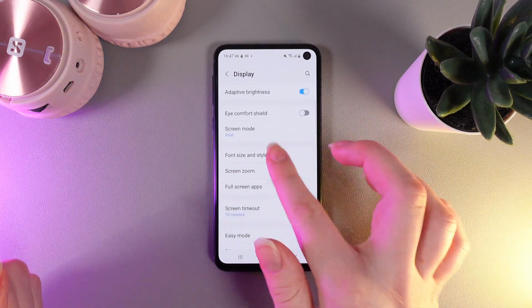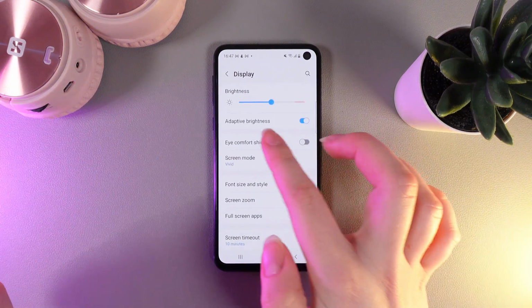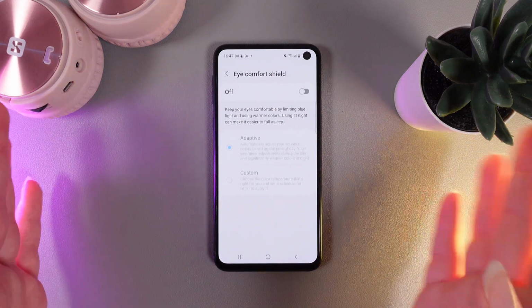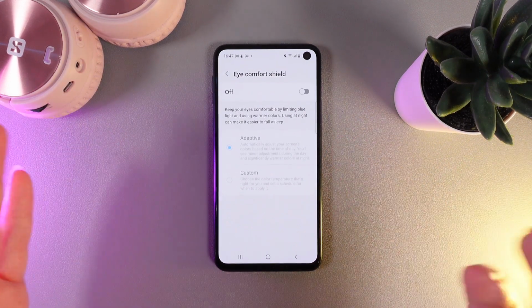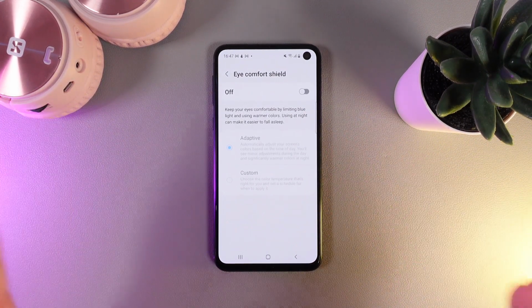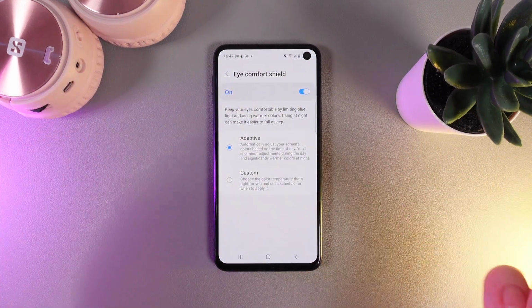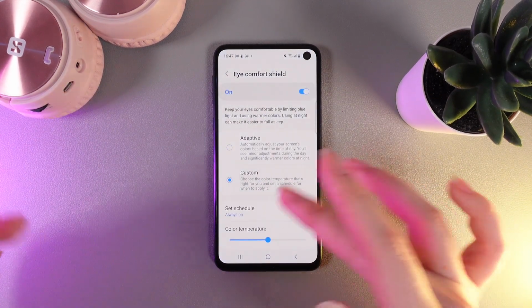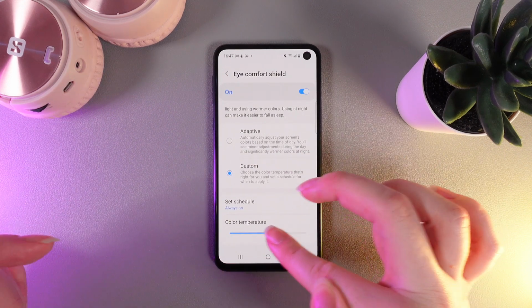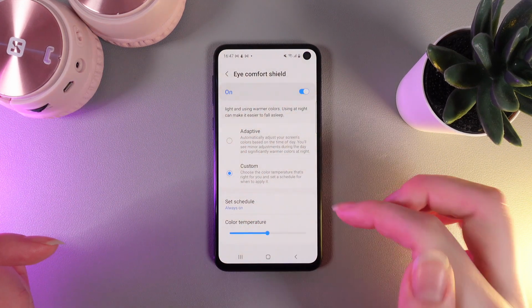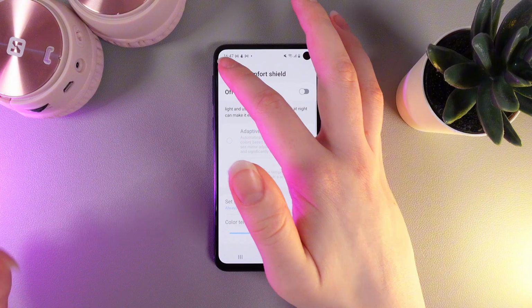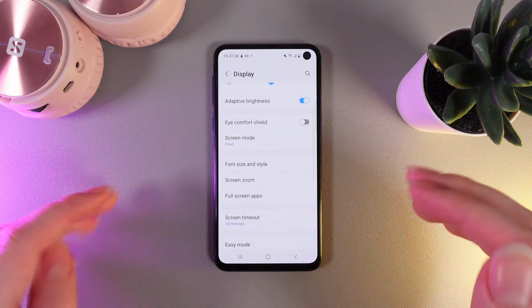The next thing that we can see here is named Eye Comfort Shield. This function automatically lowers the blue tones in the colors so your eyes can feel more comfortable. If we enable this function, we can switch here between adaptive or custom, in which we can set the color temperature ourselves. So I will turn it off and we are moving to the next setting, which is named